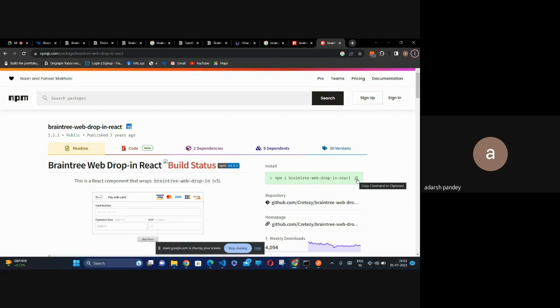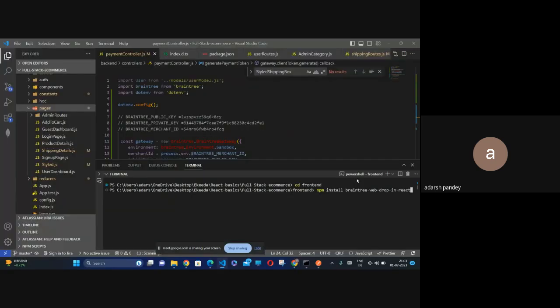or we have to link with a CDN link, and it is something hectic because the problem is that कि अगर थोड़ी सी तुम्हारी CDN फाइल में इधर हो गई तो वो कनेक्शन बना नहीं पाता है। तो यहाँ पे यही रिएक्ट का फायदा है कि भैया तुम्हें मॉड्यूल मिल जाते हैं, और जो भी रिक्वायर्ड चीजें हैं वेब से रिगार्डिंग वो रिएक्ट के अंदर मॉड्यूल मिल जाते हैं। तो आपसे पूछा जा सकता है कि आपने ब्रेंट्री कनेक्ट करने के लिए कौन सा पैकेज यूज किया था फ्रंट एंड पे, तो इन रिएक्ट साइड तो यू हैव यूज्ड ब्रेंट्री वेब ड्रॉप इन रिएक्ट,